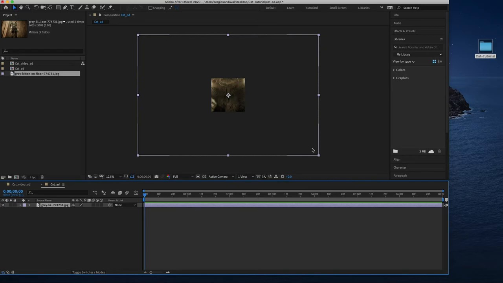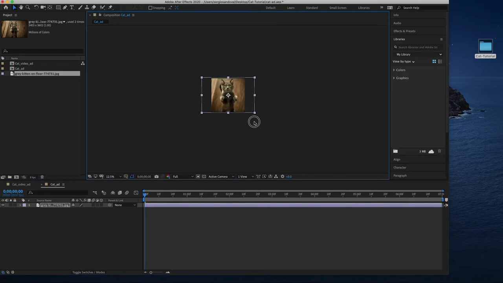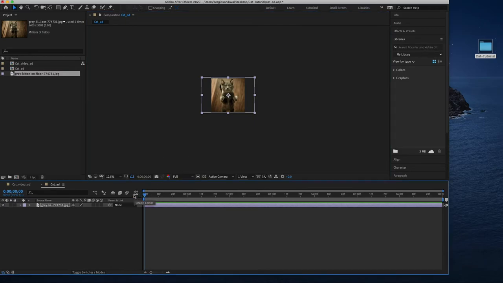We'll scale him down a little bit, so we'll want him to start there. By scaling with the proper ratio, I did Shift and grab the corners, just like you would in Photoshop or any other Adobe product. So we'll go to the very beginning of the frames. We'll hit S for scale. Okay, we'll start this scaling point, so we'll hit this little stopwatch here. We'll move forward all the way to 7, and then we'll scale this to